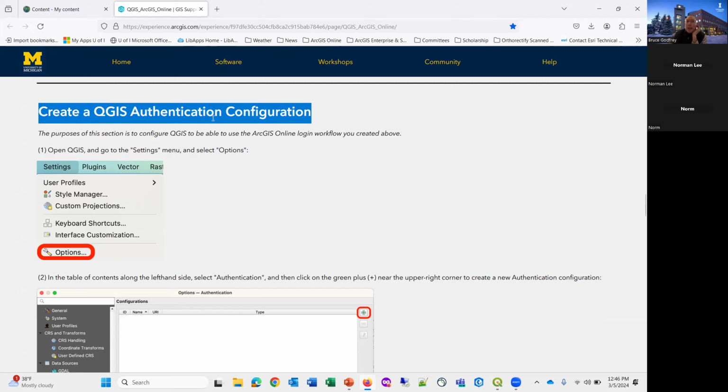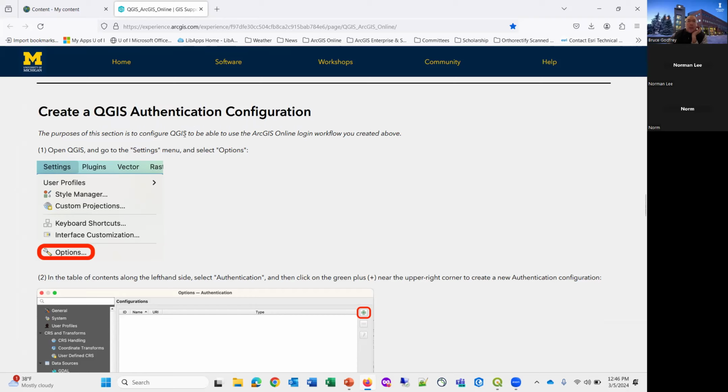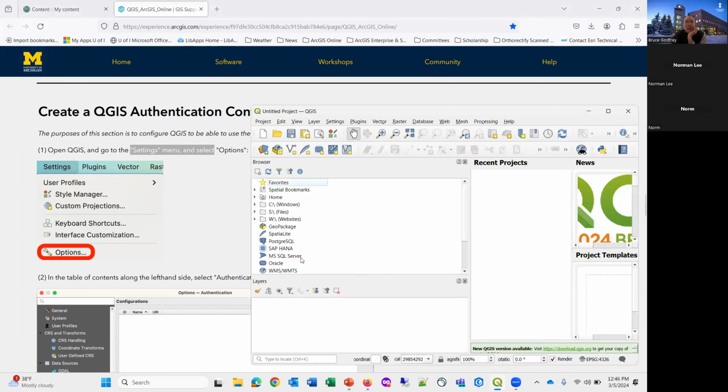We're going to create an ArcGIS authentication configuration here. So we're going to configure QGIS to be able to use the ArcGIS Online login that we just created above. So if you have QGIS open, you're going to go up to the settings menu and select options. So I'm going to go in here to QGIS, and I've already got this set up, but I'll be able to show it. So if we go to settings, options,